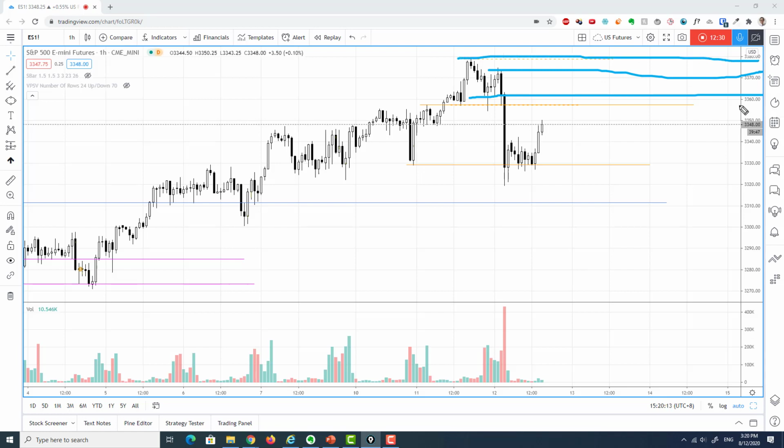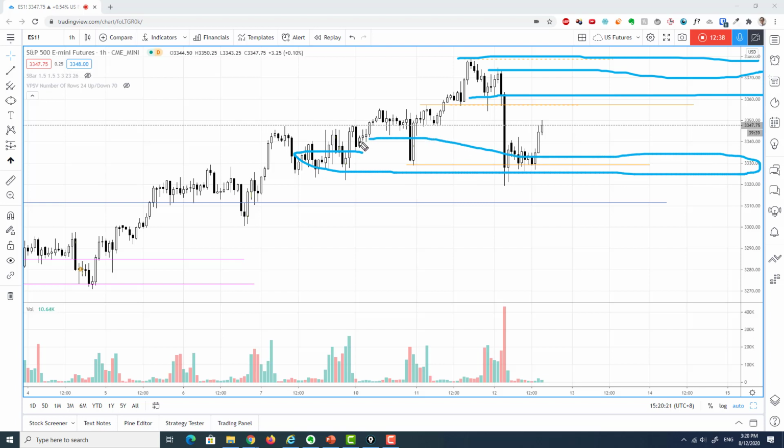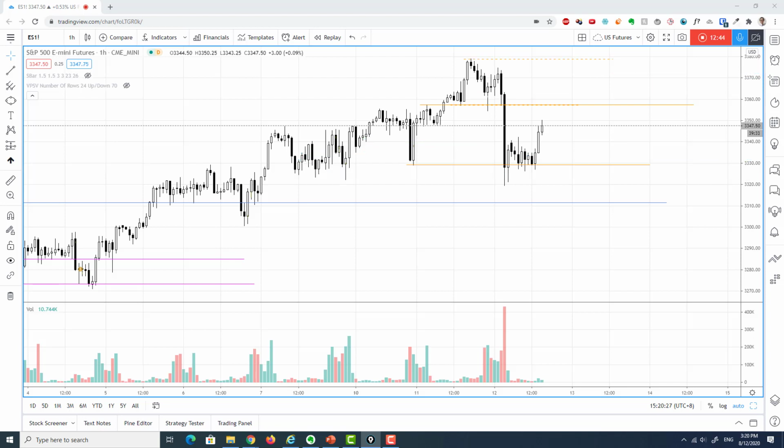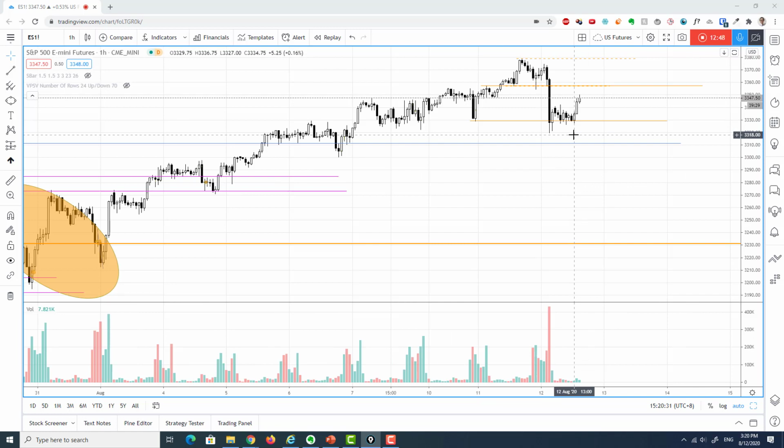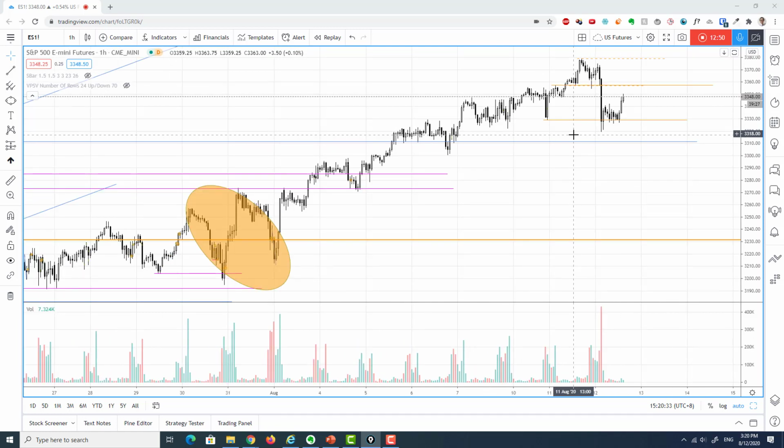For the immediate support level, I still like this demand zone here, around 33.20 to 33.30. But if we see some continuation to the downside with the emergence of supply, then definitely